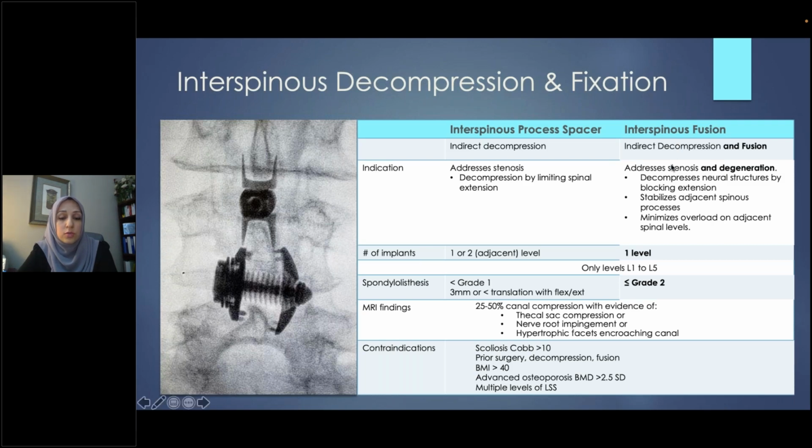So the spacers really are going to address that stenosis by decompressing the spine through limiting spinal extension. When patients generally come in with that forward flexed posture, it's because that's what's opening up the space in their spine to help alleviate the pain. This particular spacer device can be implanted at either 1 or 2 levels, and they have to be adjacent levels